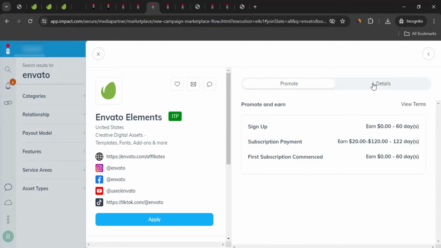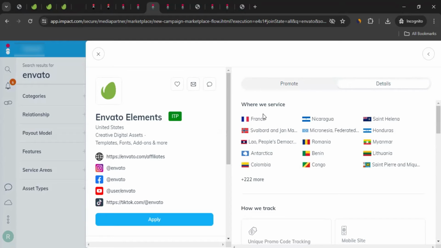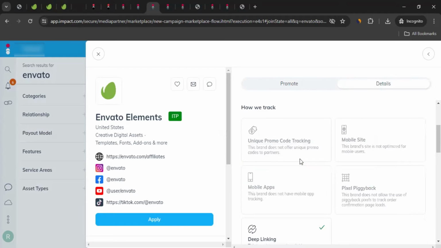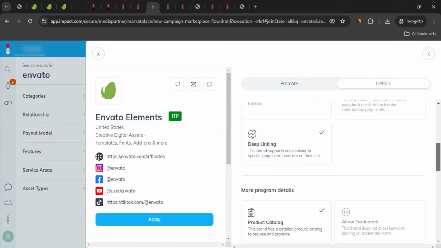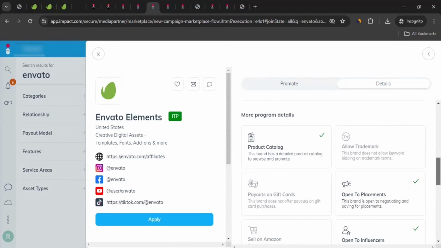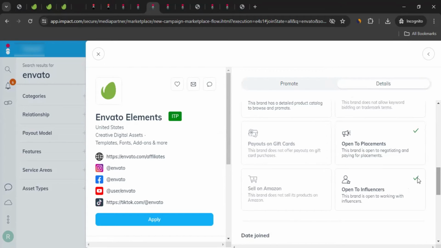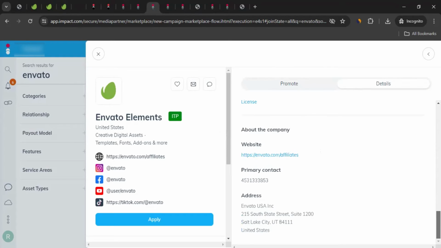But if you click on details, you can see where they provide service. So again, the question that I addressed at the starting of the video: you can promote Envato to the audience of which country. You can see all the countries in here. Then if you scroll down, you can see all the different things that they are providing. Then they've got more program details here as well. So you can see they're open to influencers and the other details that you might be